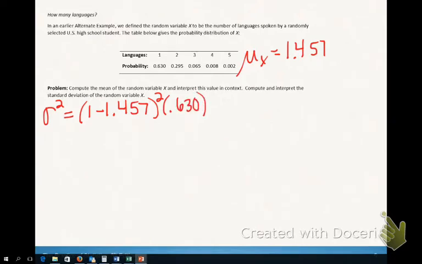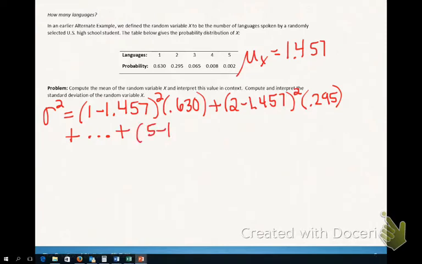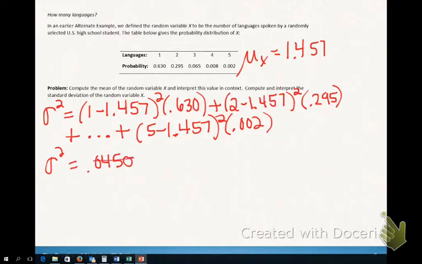And we do the same thing for the second one. This time we would take 2 minus the mean, squared, times the probability, plus dot, dot, dot, and so on, 5 minus the mean, the quantity squared, times 0.002. That gives me a variance of 0.450. So to find the standard deviation, we'll take the square root of 0.450. So the standard deviation comes out to be